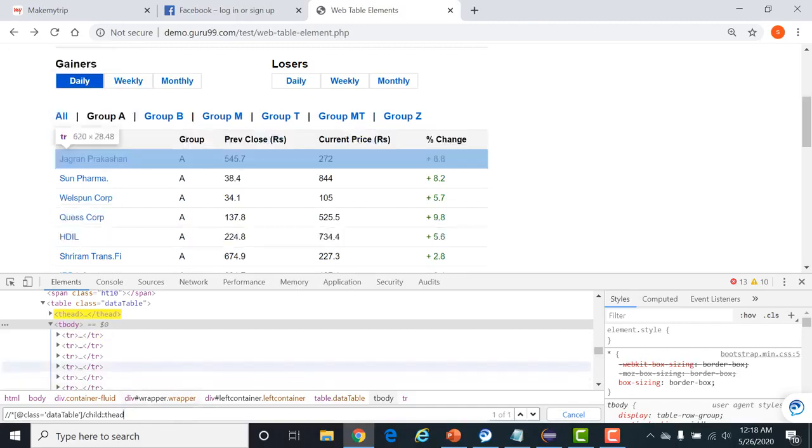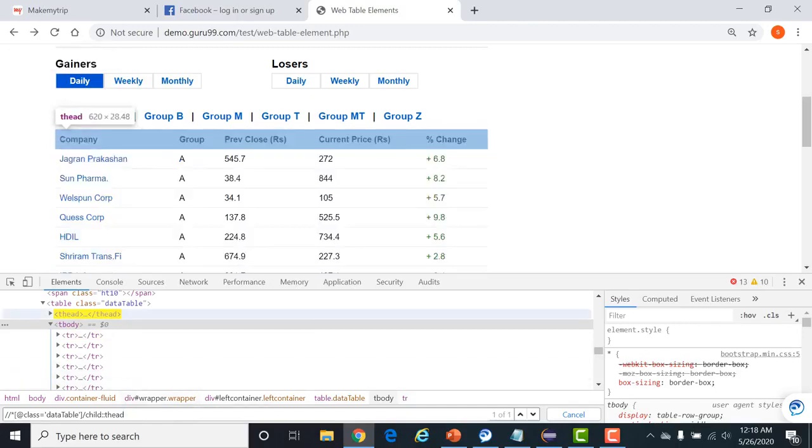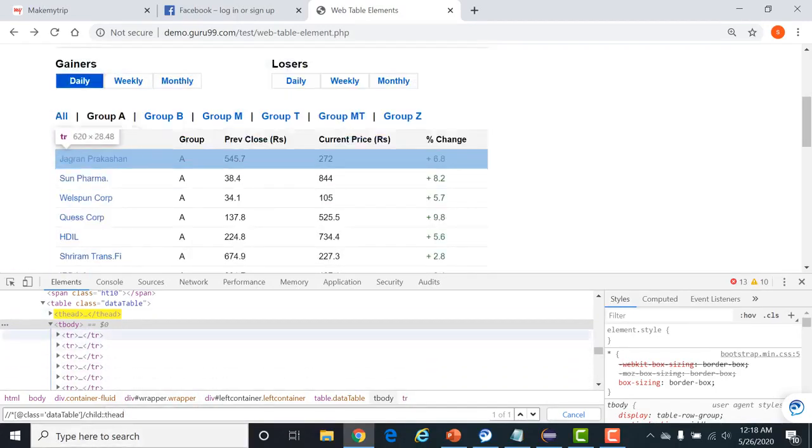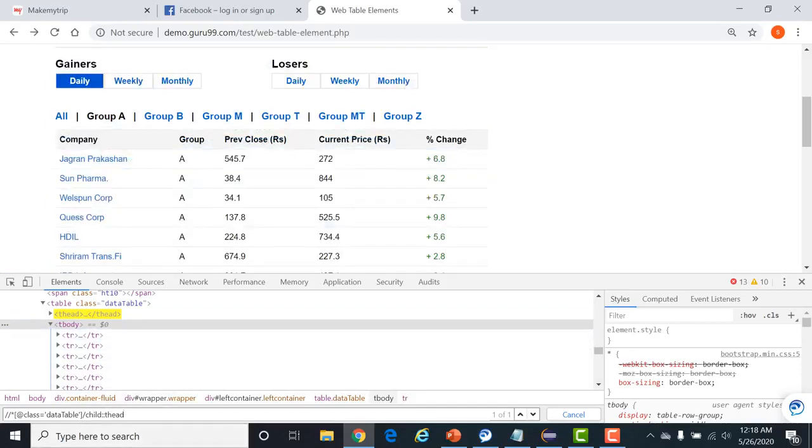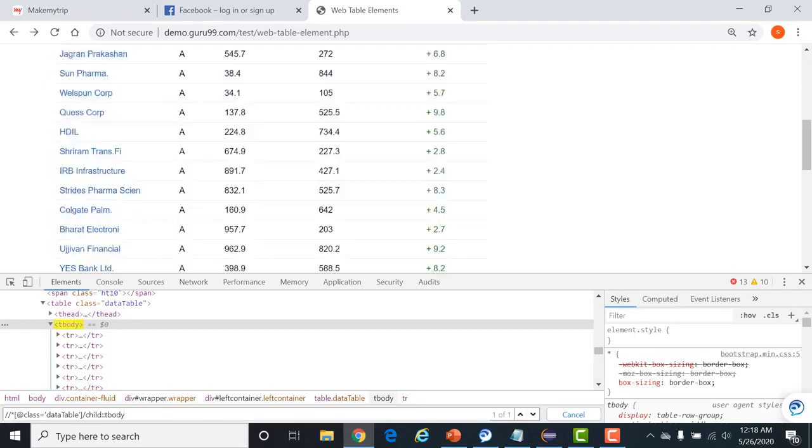See, till now we were on thead because following starts locating the element after the current node. But following-sibling starts locating the element from the current node, not after the current node. Okay, that's the difference. So here I'll write the child as tbody. tbody is also a child of table.